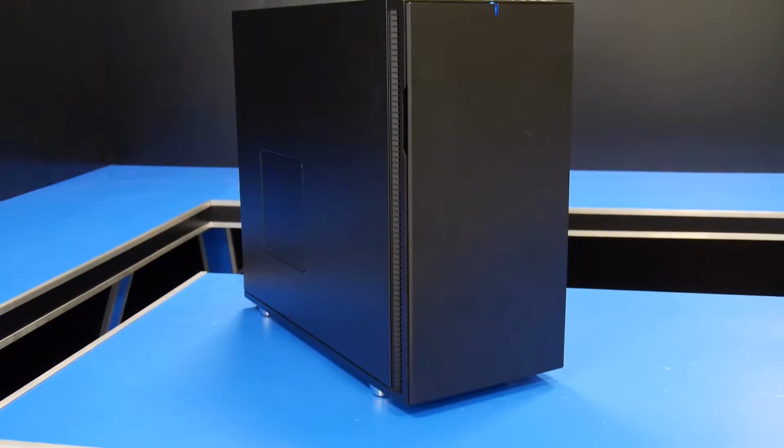So this is the ProStation X7. It's one of our pre-designed CAD workstations and it comes in at around £1,500. If you've stumbled across this video and you're unsure as to what a CAD workstation is, these PCs are specifically